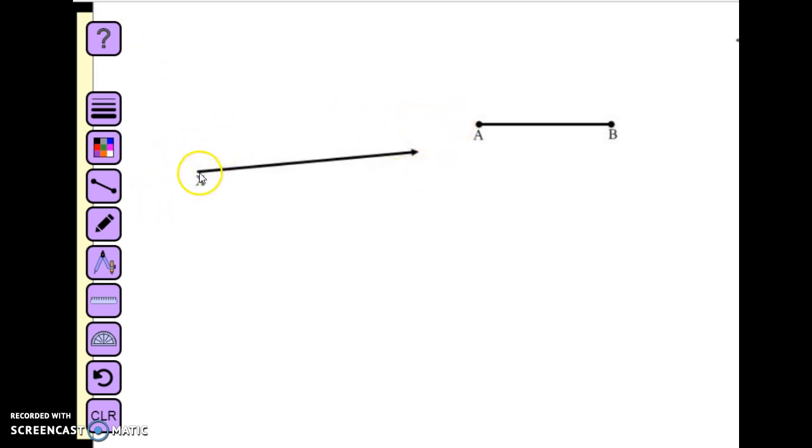So you're going to have endpoint X. And on the other side, make sure you have the arrow because we need to notate that it's a ray. So draw a ray with endpoint X. It doesn't need to be directly next to AB like mine is. It just has to be somewhere on the page. And make sure that the ray is long because of what we're going to do. So after you draw your ray with endpoint X, the next thing I want you to do is take your